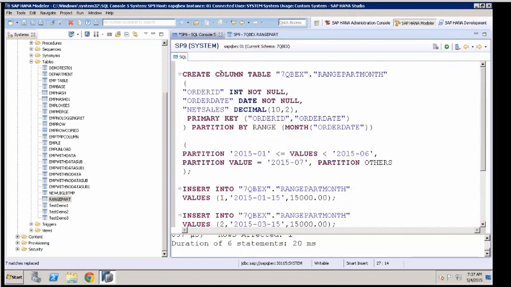So this is my table. I'm saying partition by range. Am I using this order date column directly, or am I using month of order date? So I'm using the function month of, which derives month based on the date, and then according to month, I'm partitioning it.